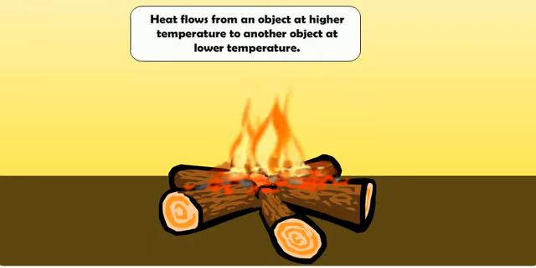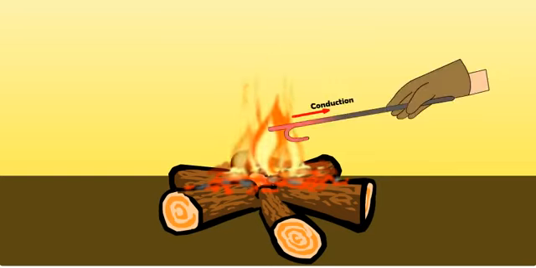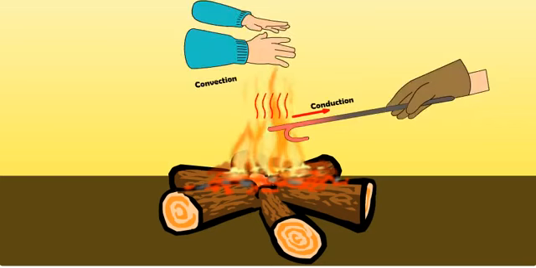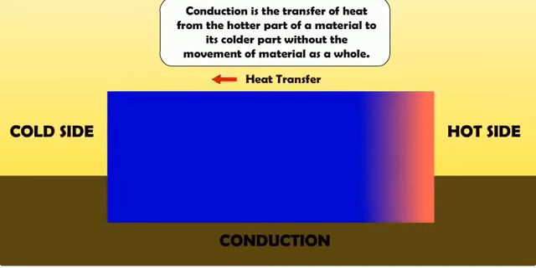Heat can be transferred from a hot object to a cold object in 3 different ways. 1. By conduction. 2. By convection. 3. By radiation. Conduction. Conduction is the transfer of heat from the hotter part of a material to its colder